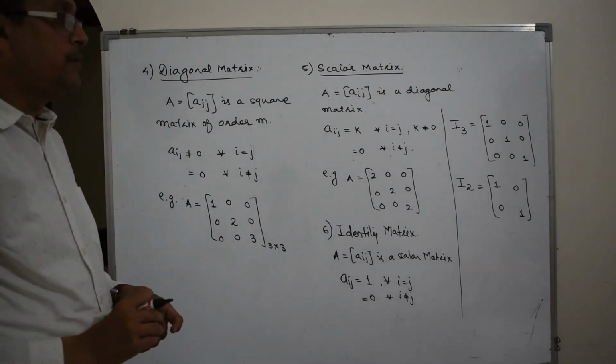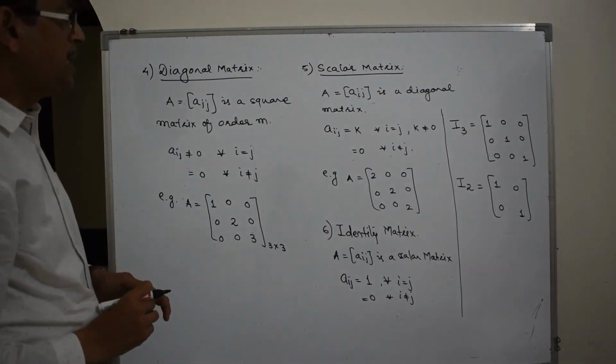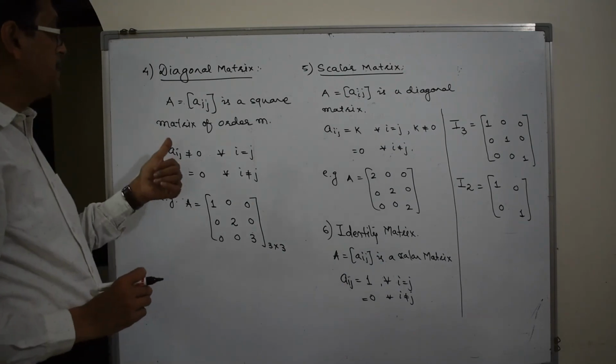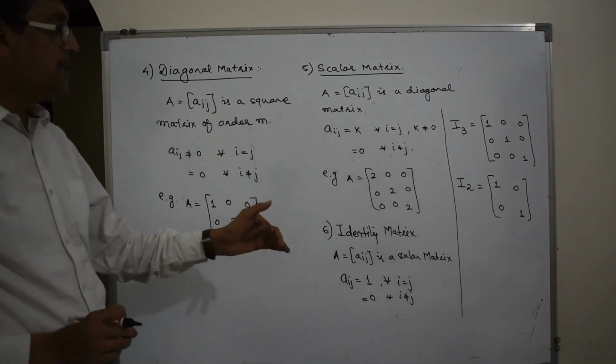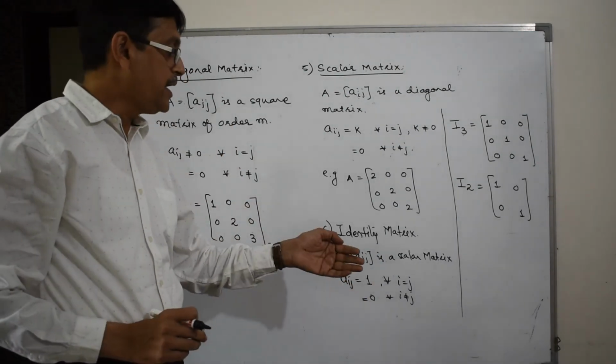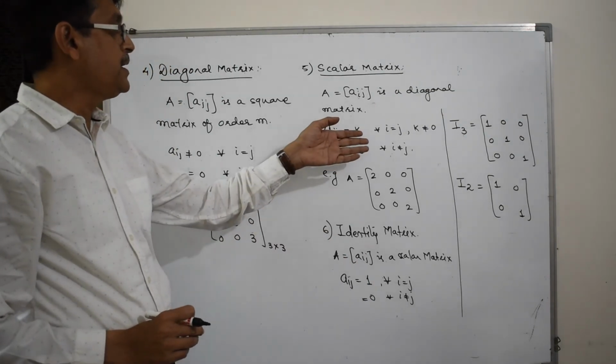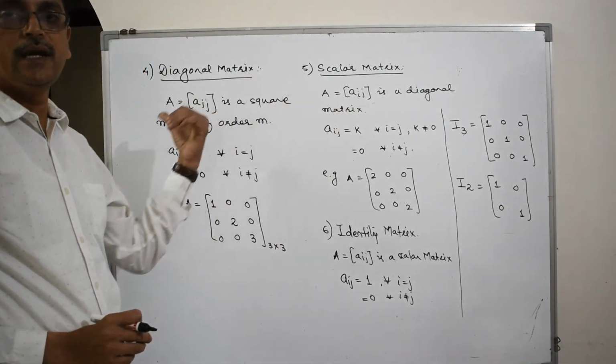So we have a chain of definitions, right? A diagonal matrix, a scalar matrix, and identity matrix. So every identity matrix is a scalar matrix, every scalar matrix is a diagonal matrix,